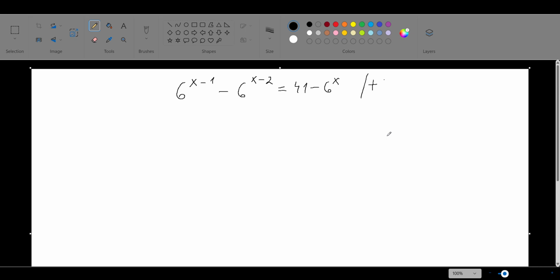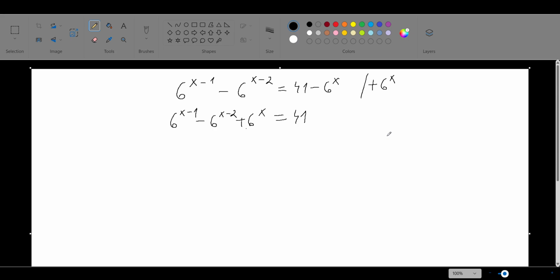So we add up 6 to the power of x, and we will get 6 to the power of x take away 1 minus 6 to the power of x take away 2 plus 6 to the power of x is equal to 41. As 41 cannot be written as 6 to any reasonable power, we will try to rearrange